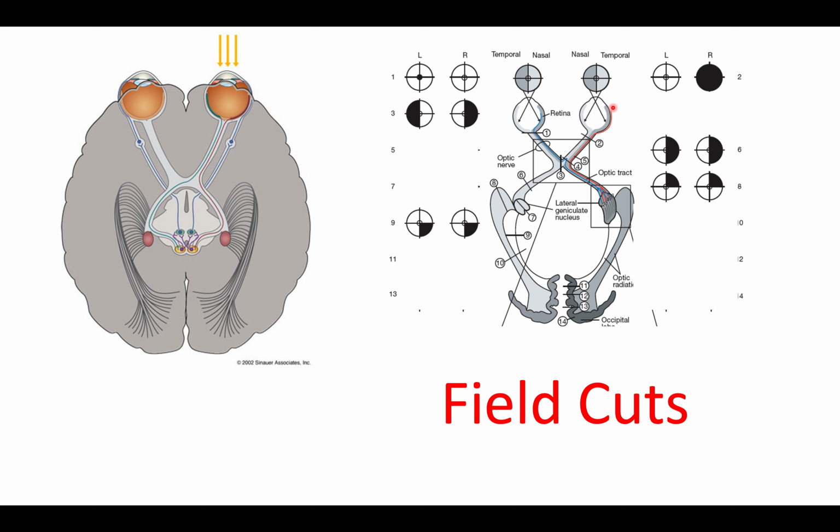As we know, the right temporal will go through the retina, then in the optic nerve to the optic chiasma, then to the optic tract, then goes to the lateral geniculate nucleus, and then through the optic radiation to the occipital lobe. This is the same as the left temporal. So temporal pathways are going in the same way. However,